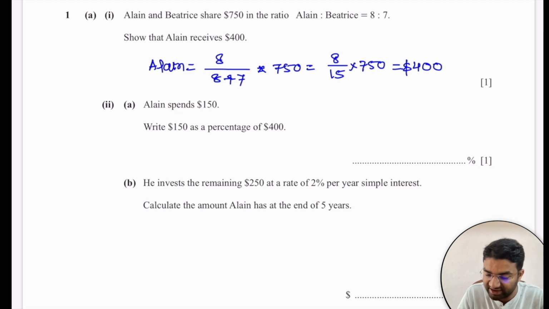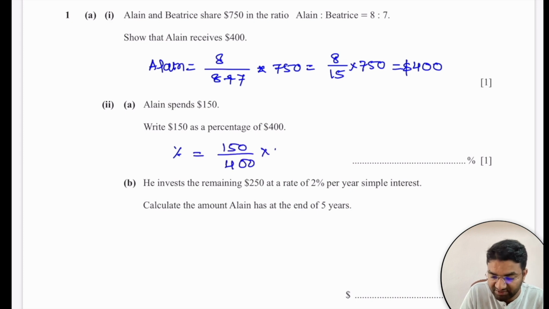Then, next, second question: Alan spent $150 out of 400. We have to calculate the percentage. To calculate the percentage, you can divide 150 by 400 times 100. These two zeros get cancelled out and your answer will be here